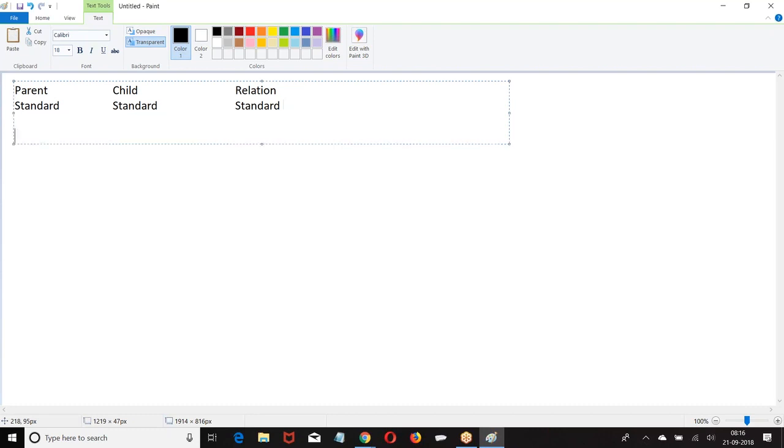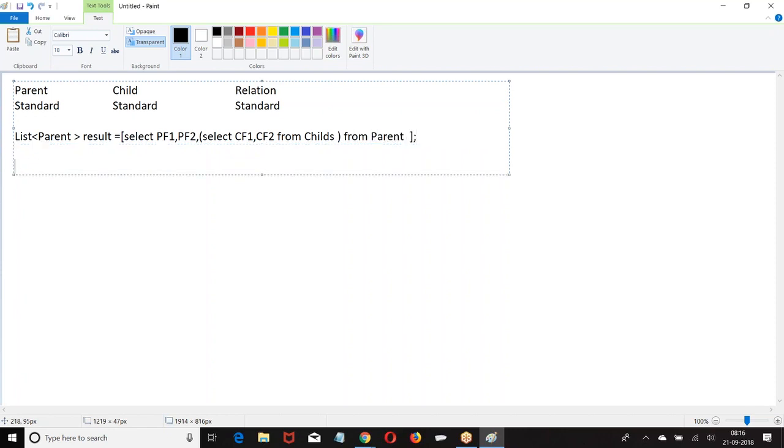Then how do you write a query? List of parent result equal to... from... this is how we get.